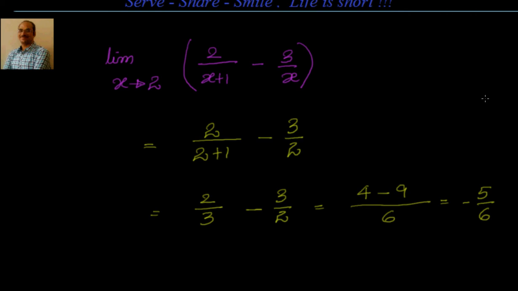There is a difference between the limit and the function value at a particular point. Both are different. Sometimes you will see that the limit exists but the function may not have a value there, and also sometimes you will see the function will have a value but the limit will not exist, because the curve is not continuous. There is a break in the curve. That also we can see.